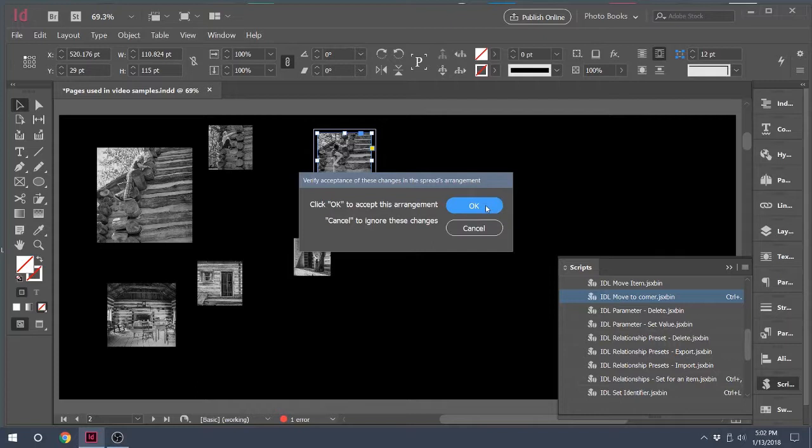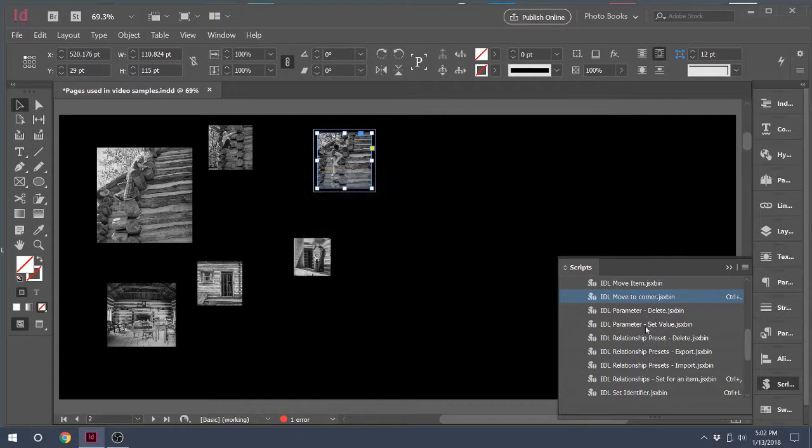arrangement. You notice in these scripts, whenever you do something that changes the layout in any way, you get a question of whether you approve this or not, whether you accept this or not. If you say OK, then you're going forward from there. If you say cancel, then you're back to where things were before you started this transaction with the script that got you here. So that may involve multiple undos, which are invisible and don't happen. Okay, so we're going to click and accept this arrangement so that we've got Helen in the corner in whatever